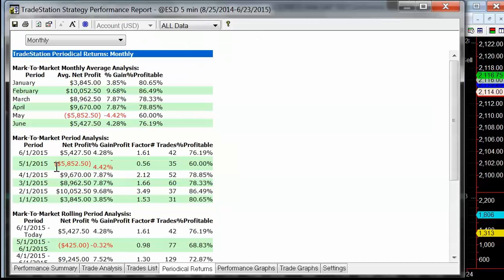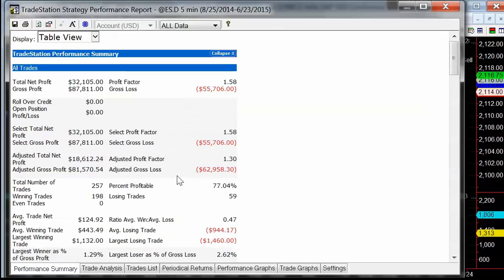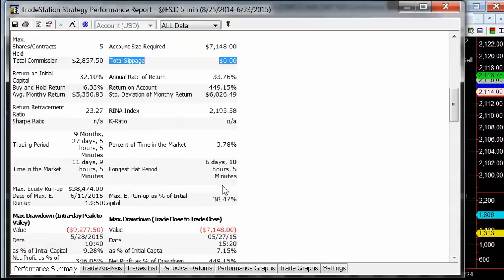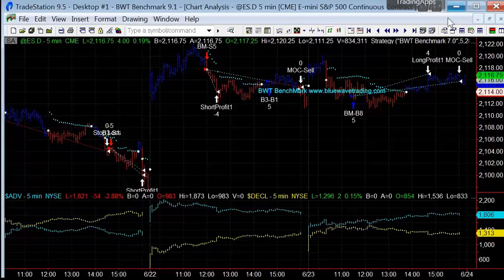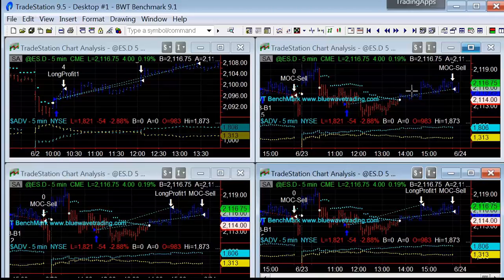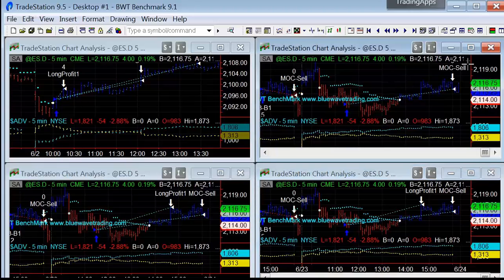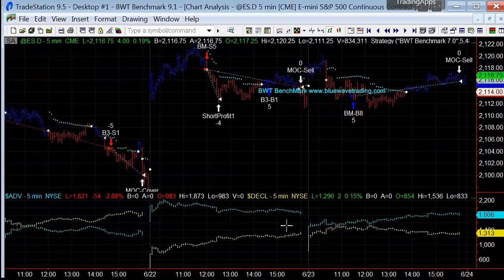And what this did is it reduced our drawdown in May by almost half. And our total profit since the first of the year is 32,000. And our drawdown from closed trade to closed trade is 71.50. In contrast, the default strategy, just going back to the same date,